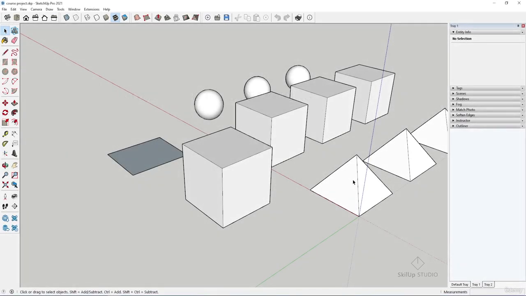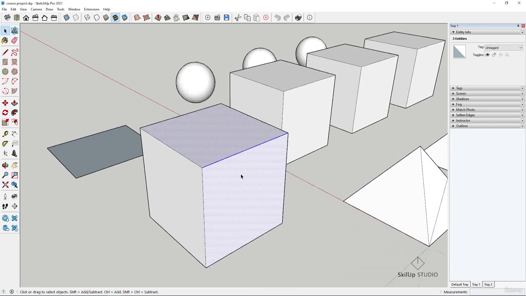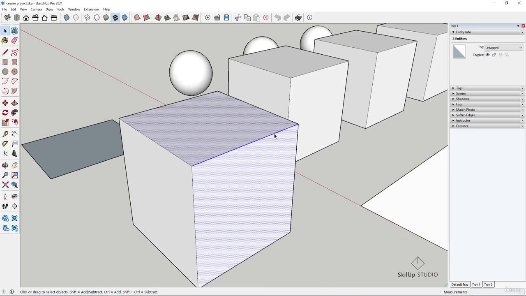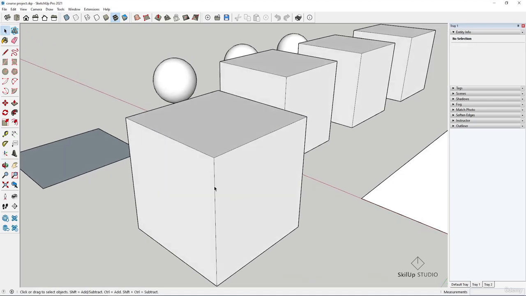To select entities in SketchUp in a better way, in this lesson you will learn more selecting techniques. With the Select tool, you can left click on this edge to select it. If you double click, you will select these two faces, which are connected with the selected edge. So if we want to select these two faces instead of selecting each face individually, double click on this edge